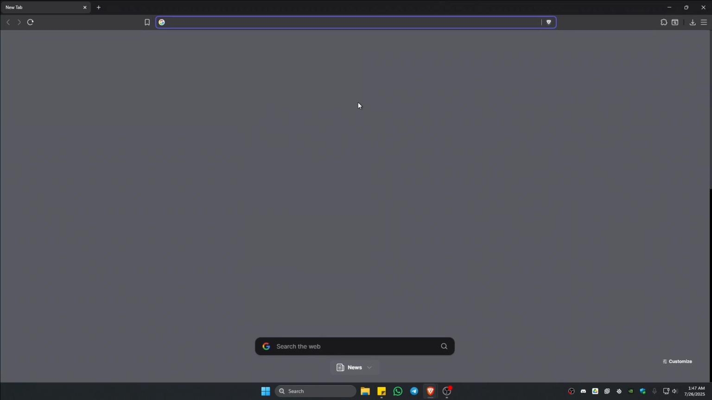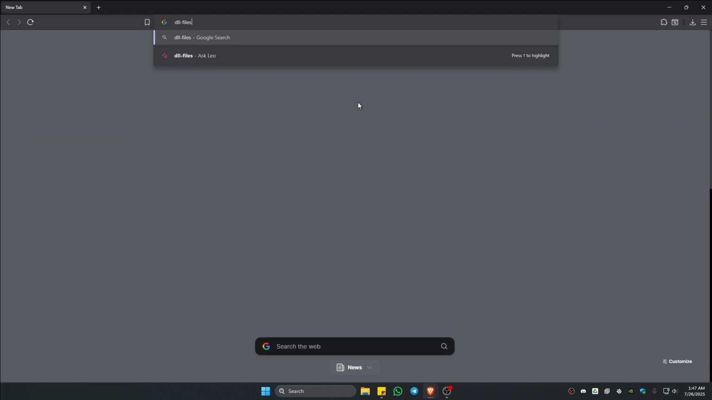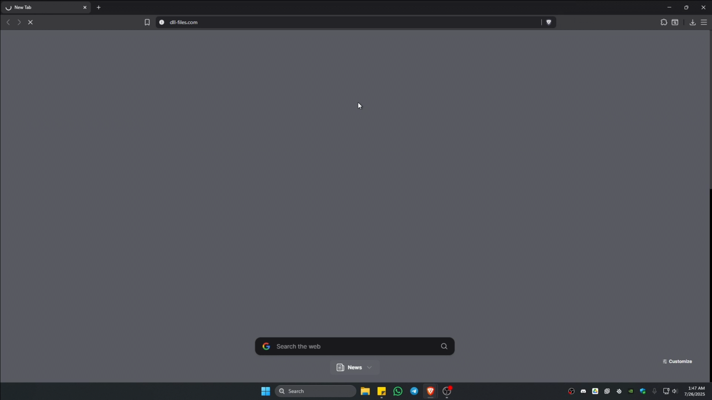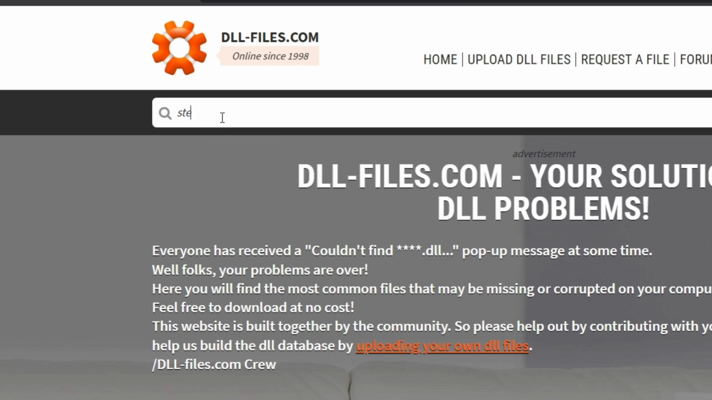Okay, open it up. Now go ahead and type in dll-files.com. Once done, just hit enter. Wait for the website to load, and once it loads, go ahead and type in the URL box